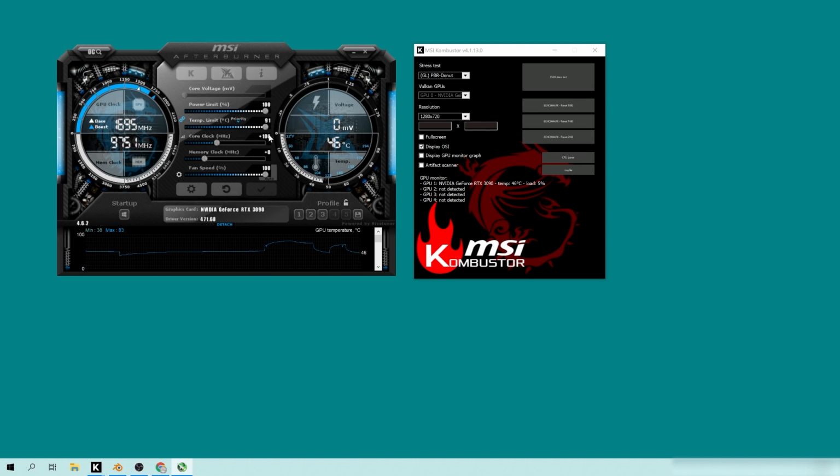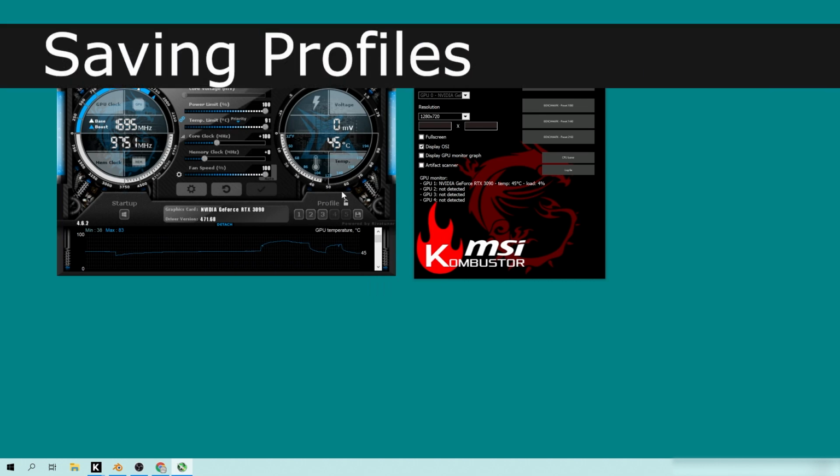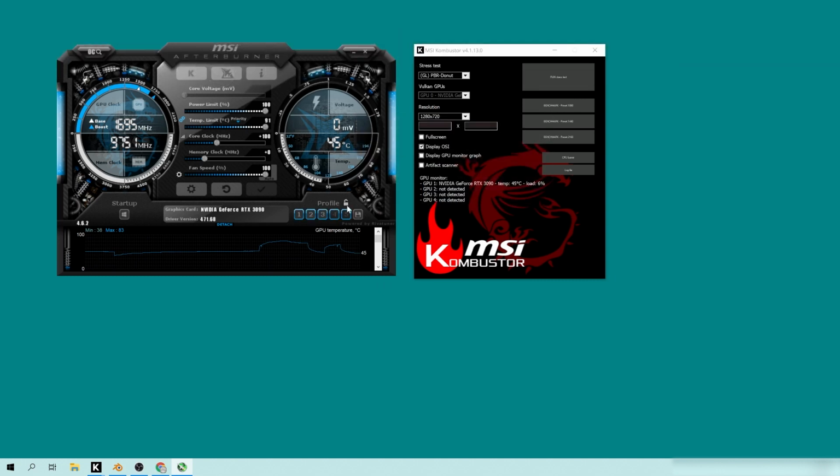Now, when you do this, just get it to where, if you press the run stress test and it seems to be working pretty well, and you have it kind of stable, run it for like 10, 15, 20 minutes and just make sure that it's actually going to run at that particular speed, and then you will have a really nice setting, and then you can save your profile by clicking the save button and then clicking